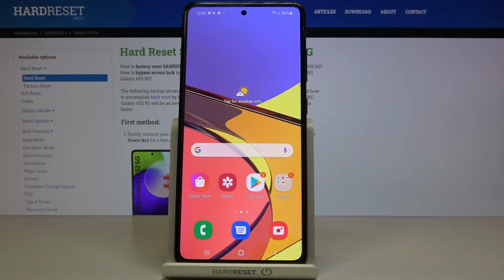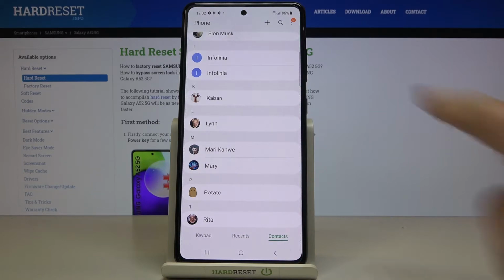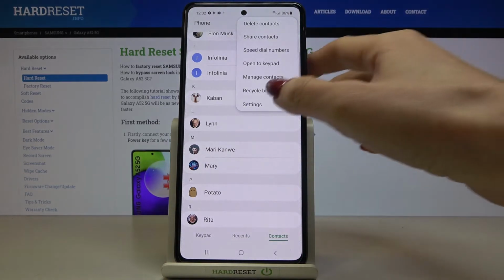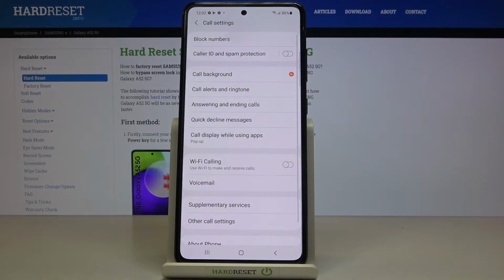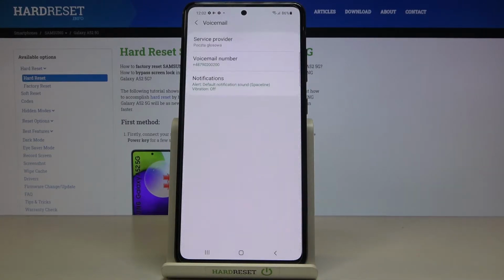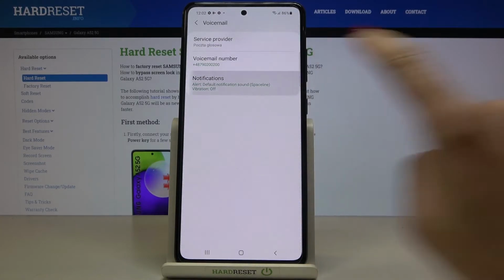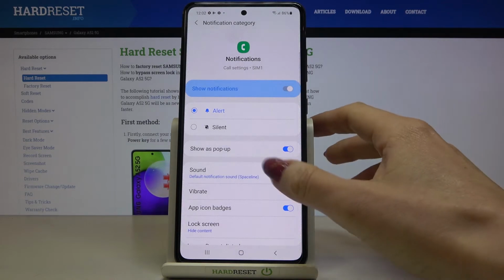In front of me is Samsung Galaxy A52, and let me show you how to change voicemail notification sound on this phone. So at first just open your phone dialer, then tap on more icon and select settings. And here you'll notice voicemail, so smoothly click on it, select notifications, and here by tapping on sound